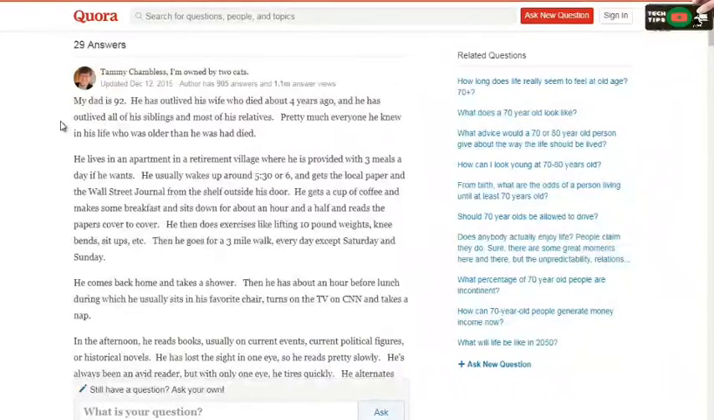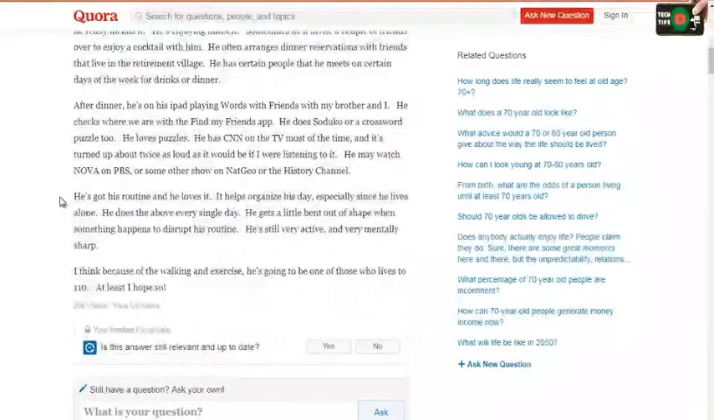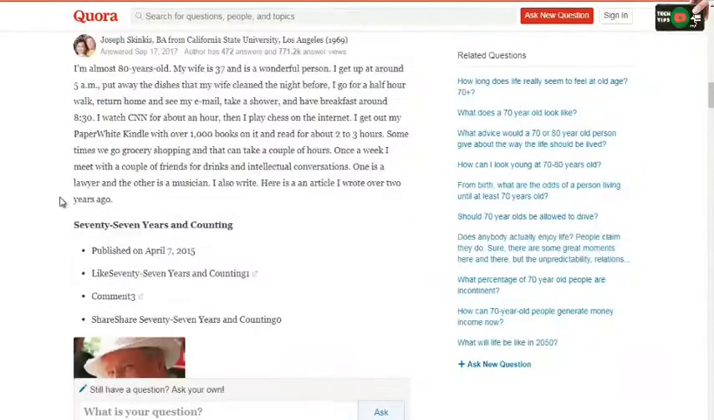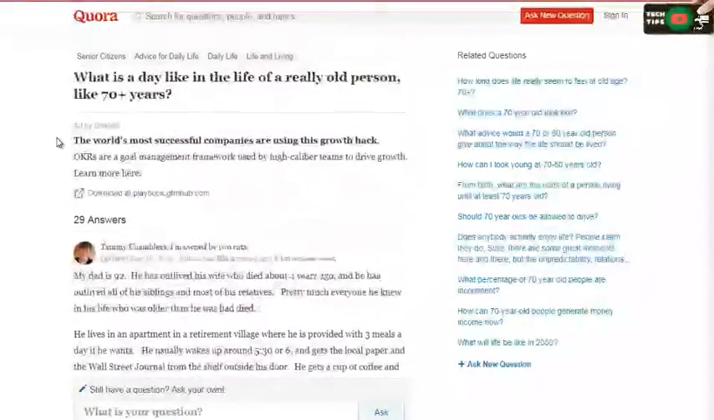So we scroll down, it says, my dad is 92. He has outlived his wife who has died, and so on. And what I recommend that you do is just read through this and try to get a better understanding of your audience. And not just read one or two or three, but try to read as many as you can,